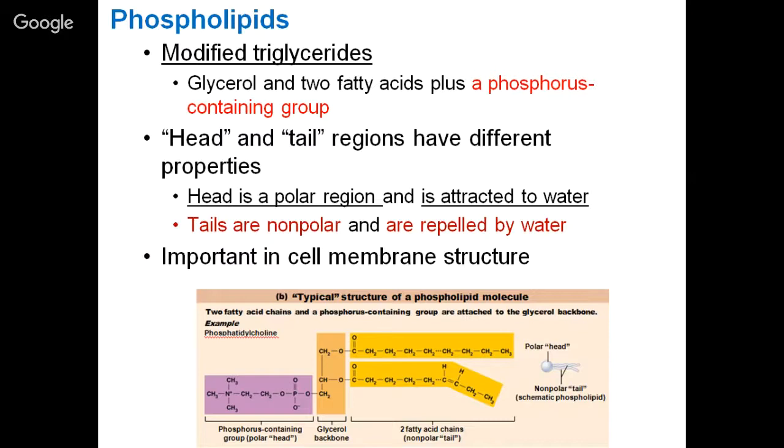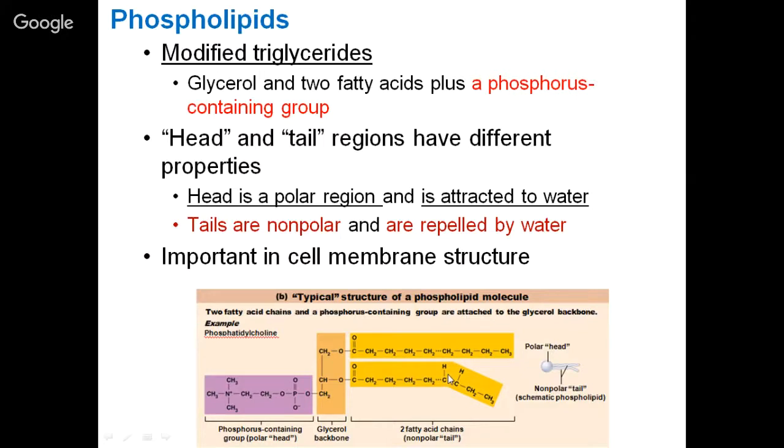The head region is a polar region and it is attracted to water. This is mostly where the phosphate group is. And the tails are non-polar. As you can see over here, there are two fatty acid chains and they are repelled by water, so that is hydrophobic. The head region is called the hydrophilic region and the tail region is called the